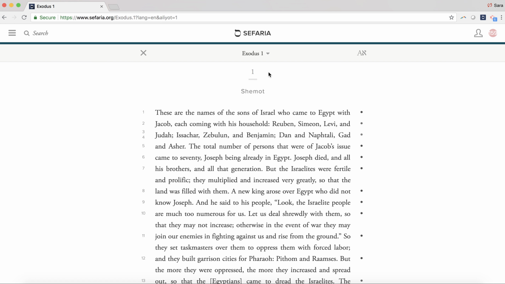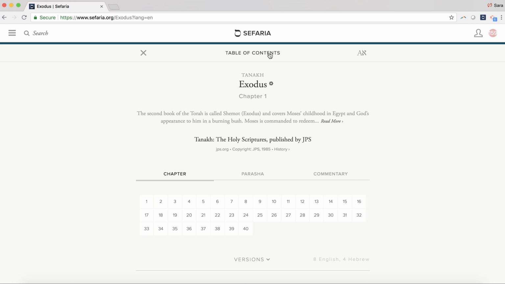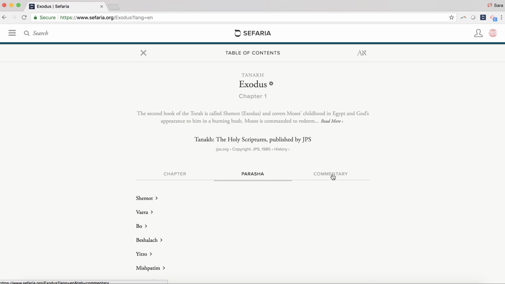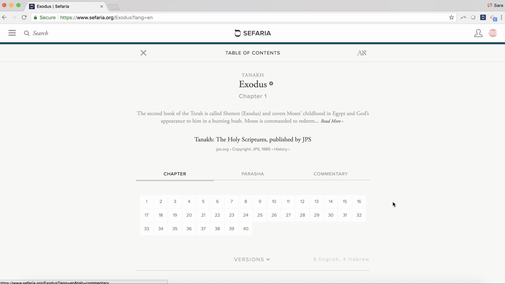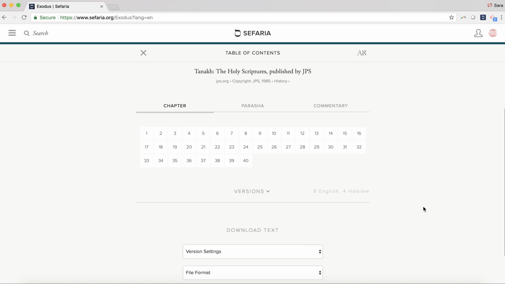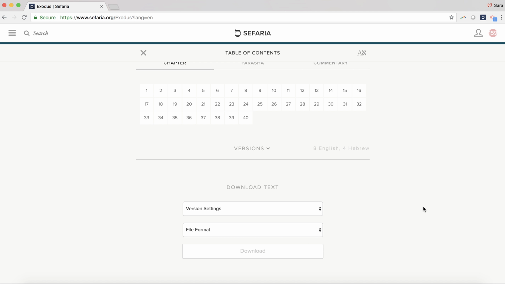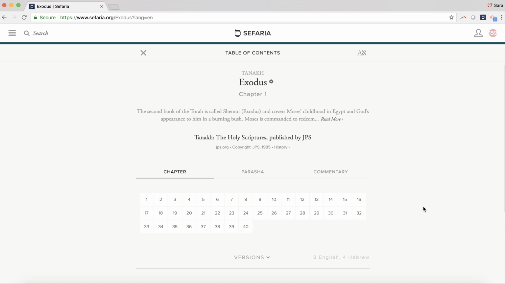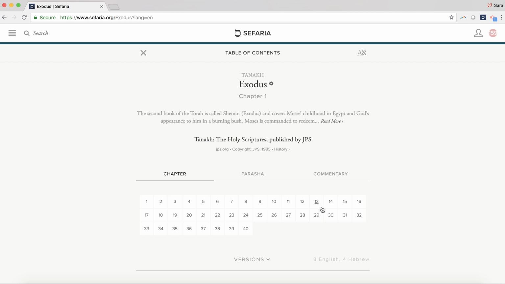If I want to navigate to a different chapter, in addition to scrolling, I can click on this small arrow at the top of the screen, and Sefaria will take me to the table of contents for that text. As you can see, there's some information about the text, information about the version that I'm using, and different ways of viewing the table of contents. At the bottom, you also have more version information and the ability to download a version of the text onto your computer if you'd like to. I'm going to select Chapter 20,